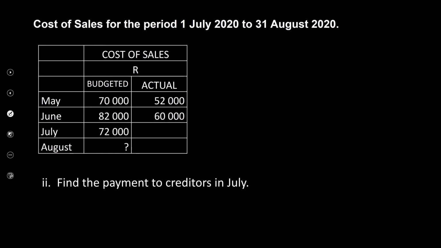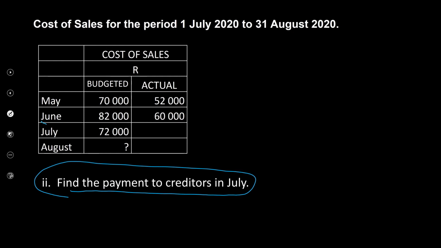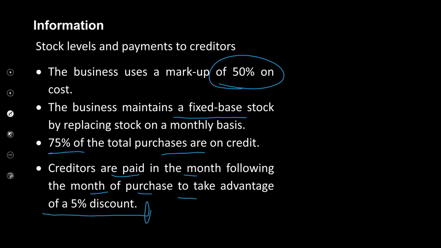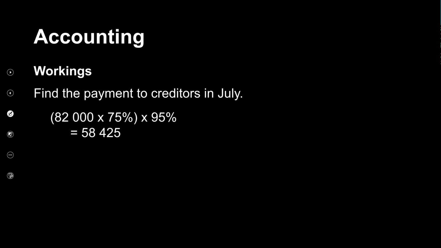You are asked to determine the payment to your creditors, and what do we do here? Once again, let's go back and see what we're going to do here. Number one, same story, 50% markup, fixed base stock, 75% of total purchases are on credit. Creditors are paid in the month following the month of purchase to take advantage of a 5% discount. Okay, so now, what do we do? Determine the